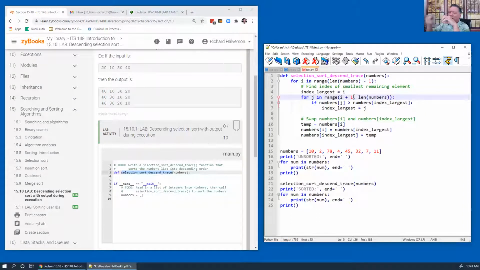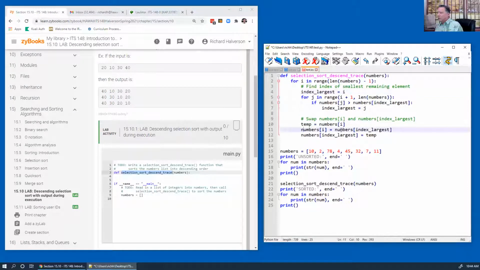Yeah, it is going up the list. And each time it tests if the number at that index is larger than the one that we think is the largest, and if it is, it stores the new largest value. Okay, so when this is done,